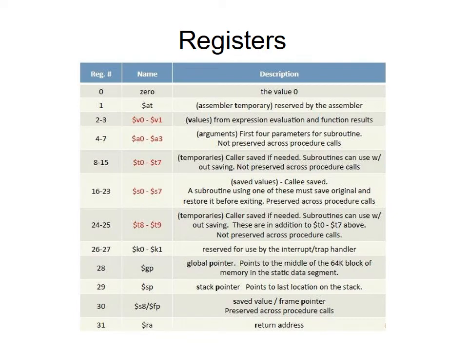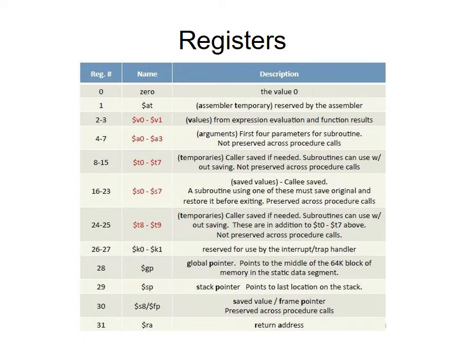Here are the registers. MIPS has 32-bit registers, and here we discuss the register number, the name of these registers, and the description, that means the functionality of those registers. At first you can see register number 0, and the registers go from 0 to 31. The first register is 0, the name of this register is also 0, and the register carries the value 0. And the second register, register 1, is $AT,